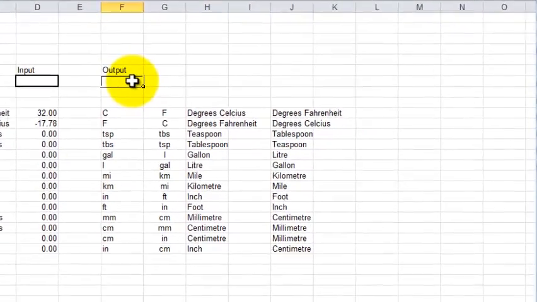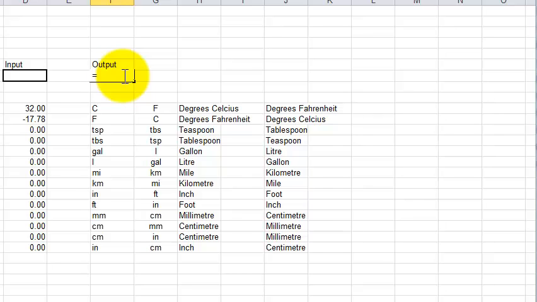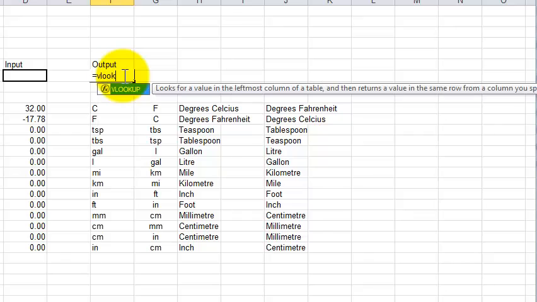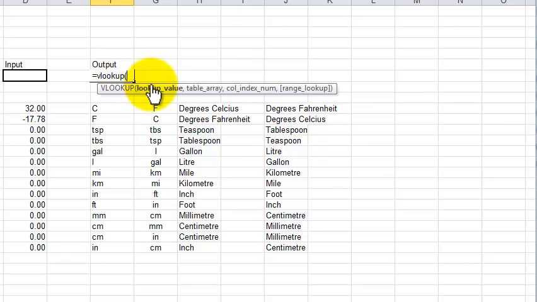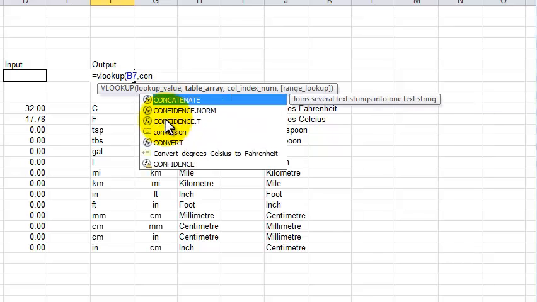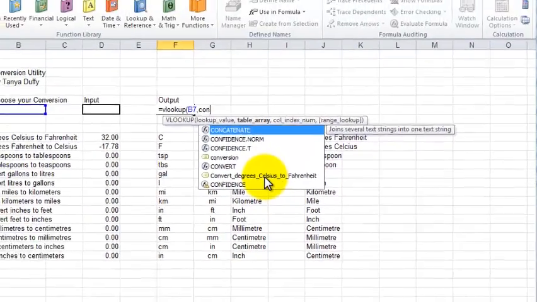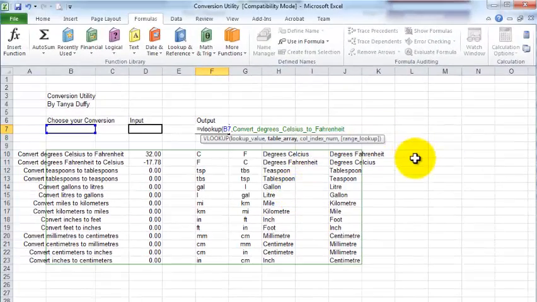So we start with equals, we always say this cell equals, and we're going to do what is called a VLOOKUP. So VLOOKUP, open bracket, and it is prompting us, it's saying what value do you want to look up? Well, we're going to look up the value that is in this cell over here, comma. We need a comma there, and it's asking you what's the table array you want to look up. That is the table we just created, which was called convert degrees Celsius to Fahrenheit. So we double click on that, and it says we need a comma after that,